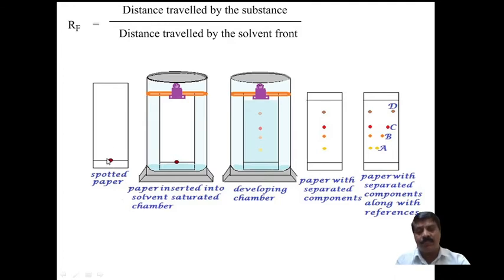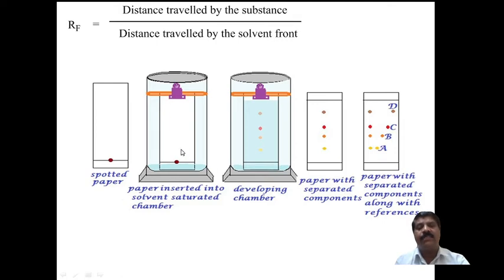Or if there are two spots of reactant and a reaction is proceeding in the mixture, then they are separated. They differ in their migration, which indicates the reaction is progressing. And if there is a single spot, that indicates the purity of the compound. If there are four spots, this indicates the mixture contains four compounds.